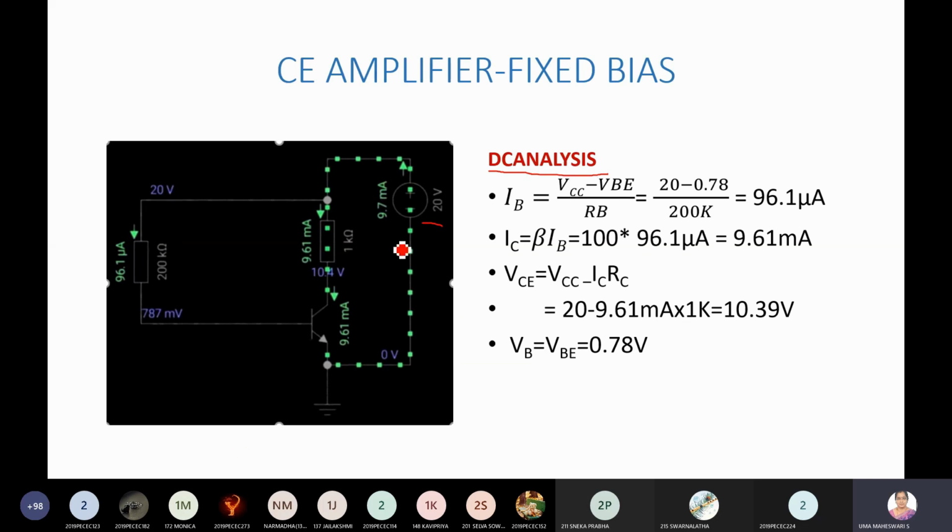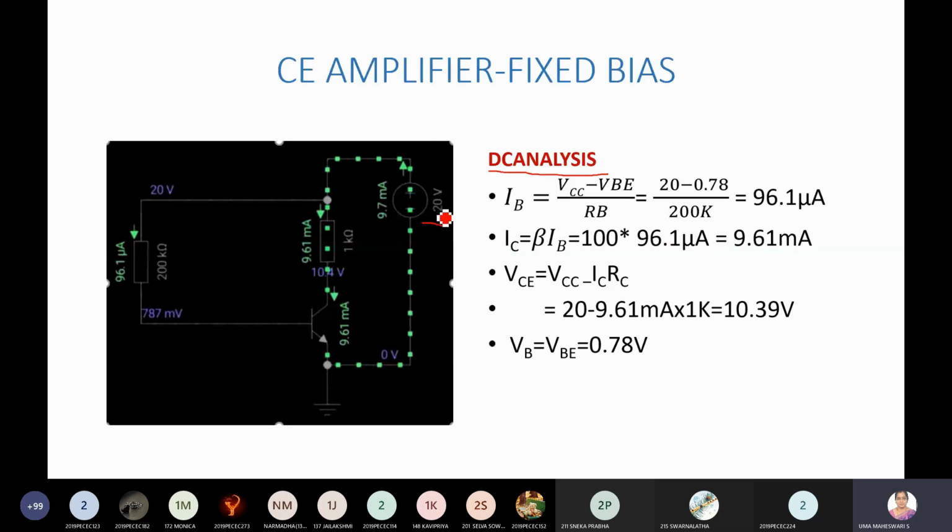So you have to simulate the circuit using the software. In that, you have to put the transistor, the biasing resistor RB, which is going to be 200K, then the collector resistance RC, which is going to be say 1K, and the biasing voltage of 20 volts. So you have to draw the circuit and simulate. When you simulate, you will get all the DC voltages and currents. That will be displayed like this.